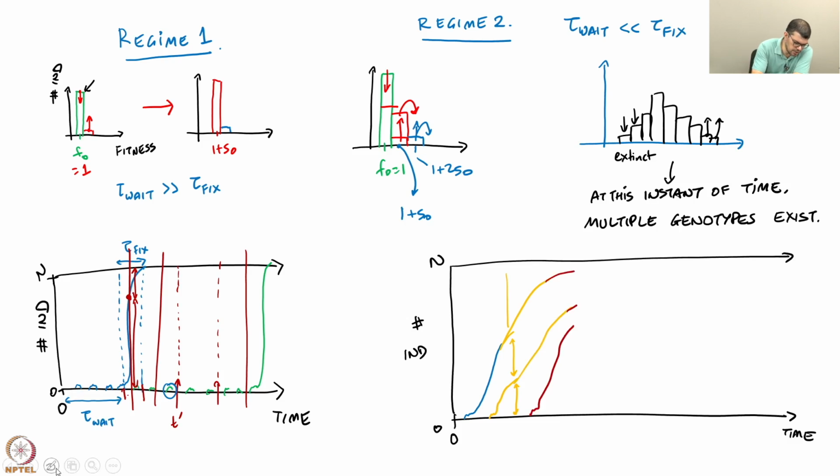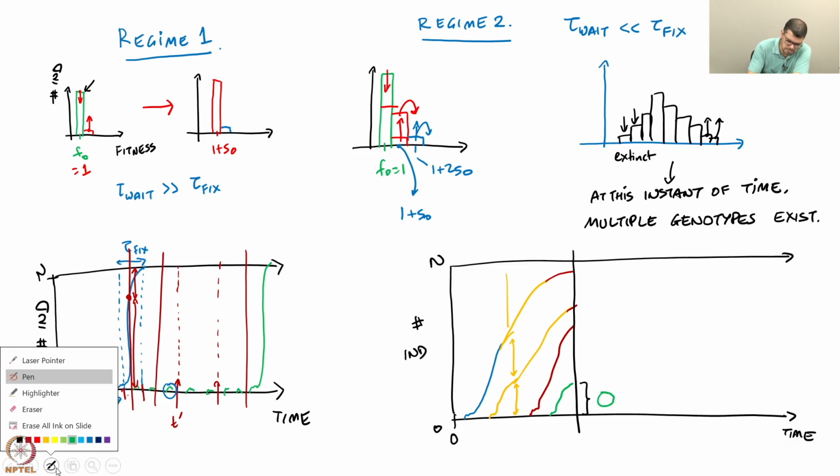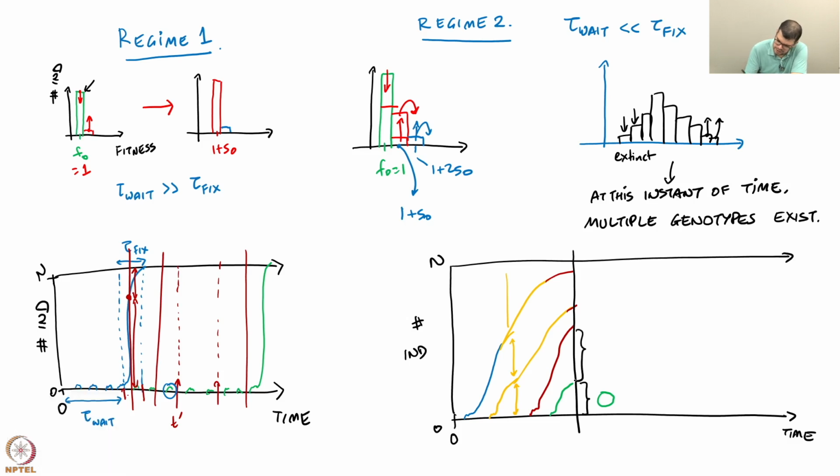So, for instance, let us say we are talking of this instant in time. At this instant, what are the genotypes that are present? This much fraction of individuals is the green individuals. This much fraction is the red individuals. Above that, this fraction is these individuals. Above that, this fraction is the blue individuals. This is just the blue line continuing, and the last little bit